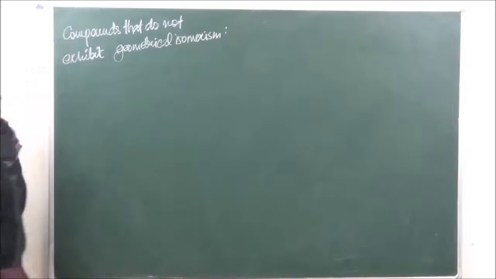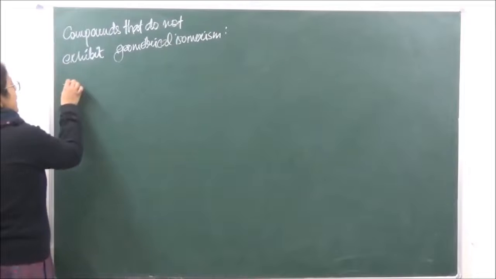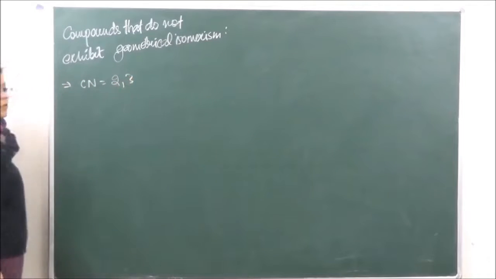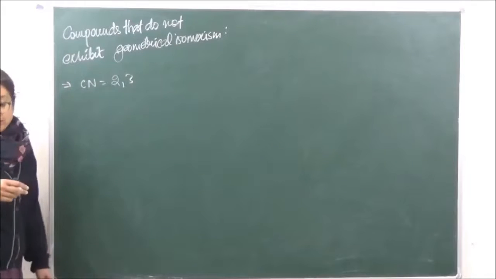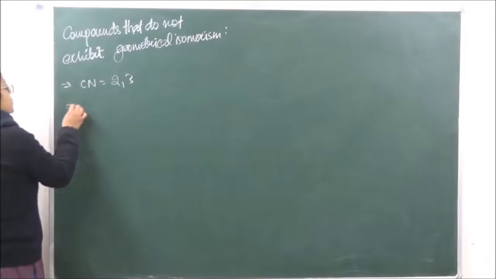That cannot show geometrical isomerism. Geometrical isomerism is not exhibited in compounds with coordination number of 2 and 3. Okay, so all those which are going to have coordination number of 2 and 3, they will not show geometrical isomerism. Then number 2, square planar complexes of the type